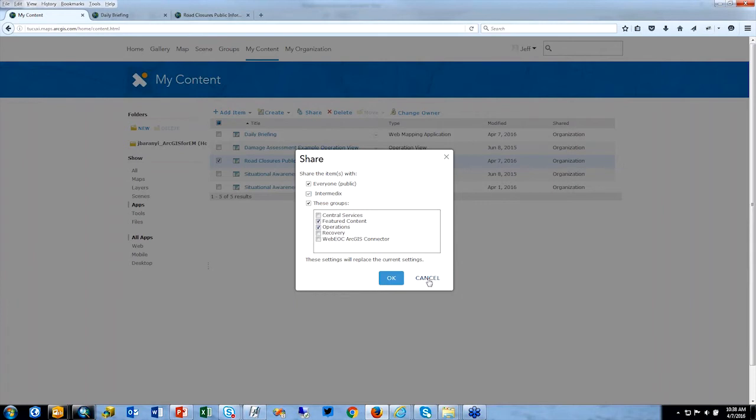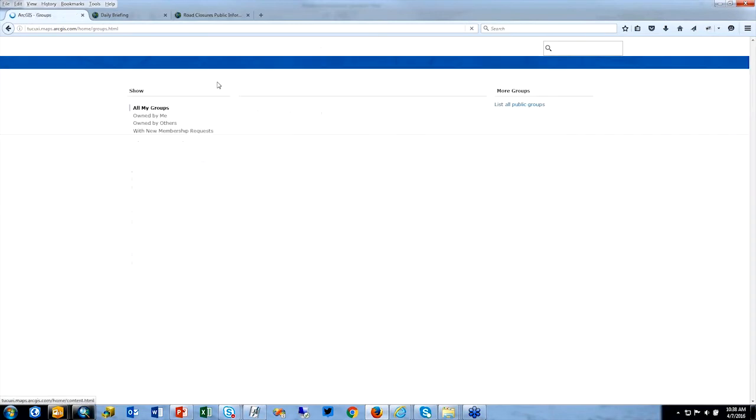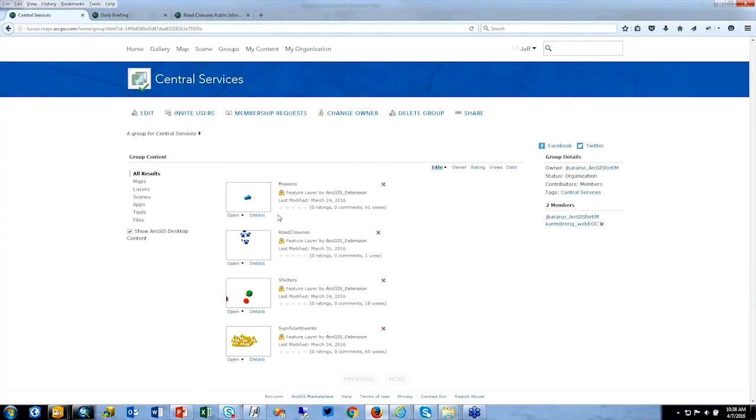And that sharing model also applies to the feature services inside the groups. So again, these are essentially our ArcGIS Online feature services that are coming across from the WebEOC boards. I just wanted to highlight here, in this case, if we look at road closures, for example, right now it's only shared at the organizational level. So I would also need to make sure that this content is available publicly